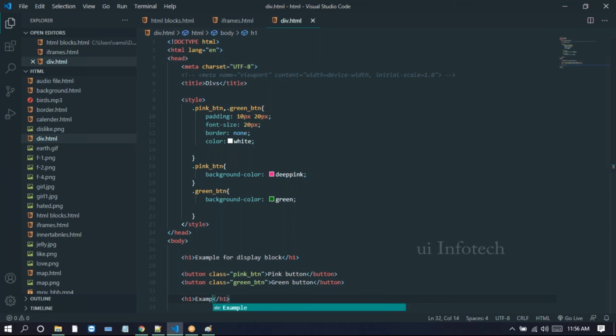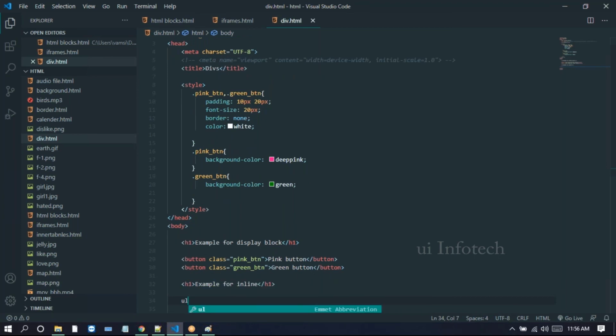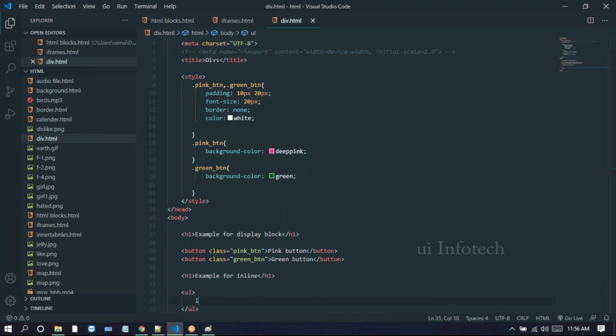So next we have inline. What is inline here? Let me take an example for inline. Here I'm taking the UL tag. Inside the UL tag, the LI tags are block level elements, right?